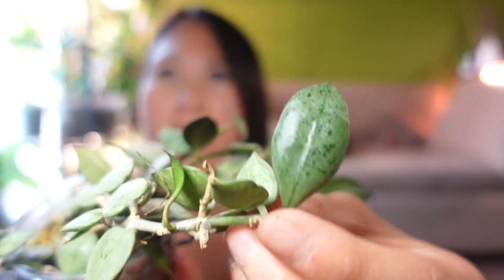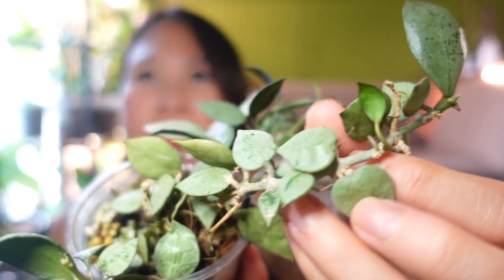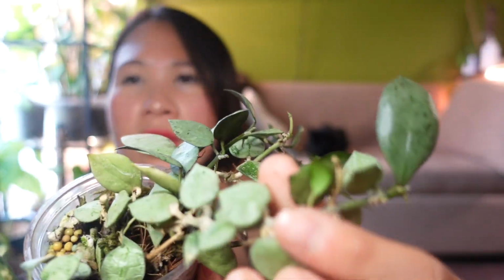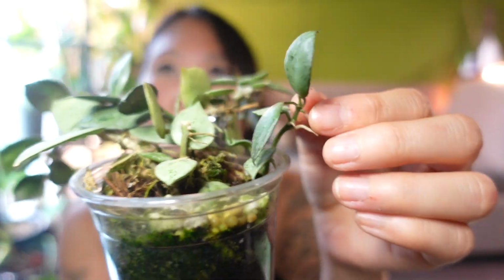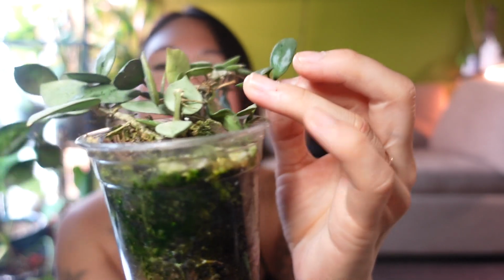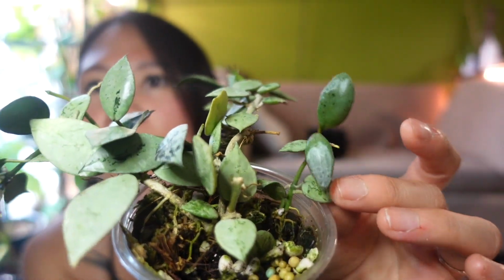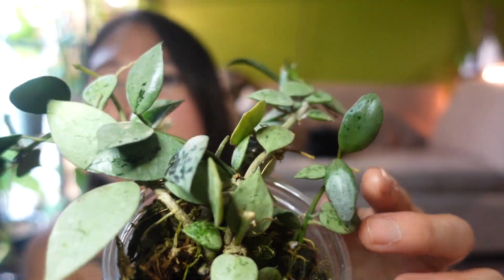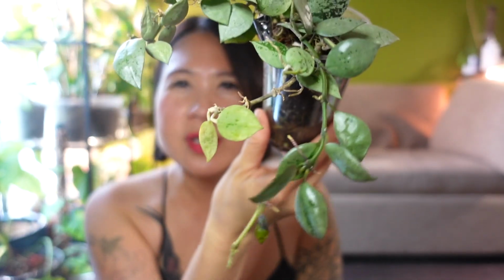Compare this leaf to the previous leaves on this strand. They just look so different, and also these two new leaves that grew out in the grow tent, compare them with the first on the strand. So different. That just goes to illustrate different types of growing environment can really change the way